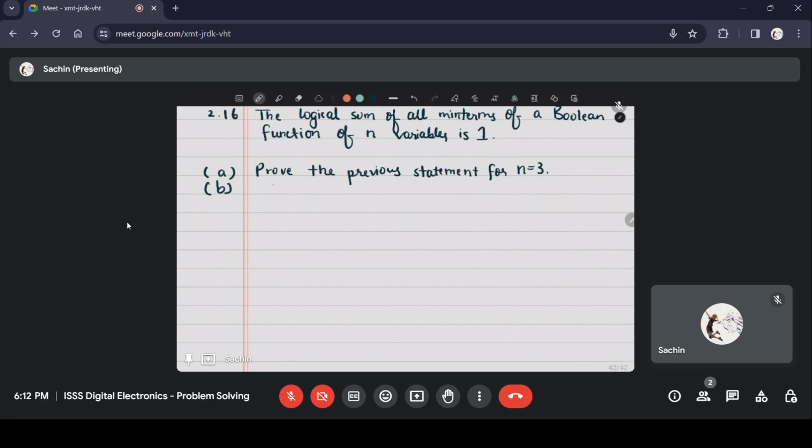Part B, suggest a procedure for a general proof. Solution: for part A,